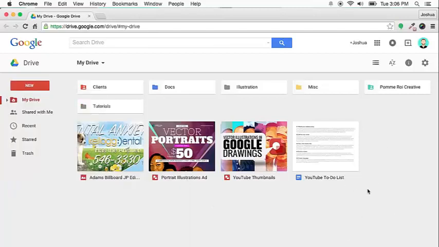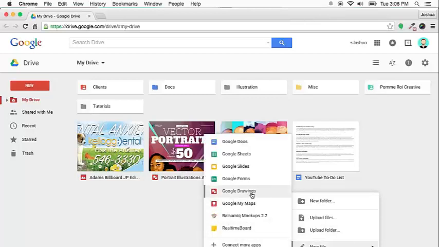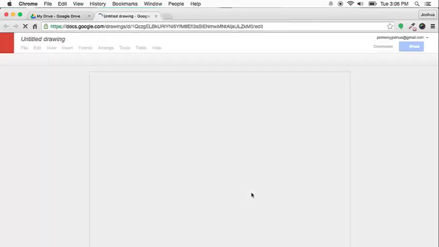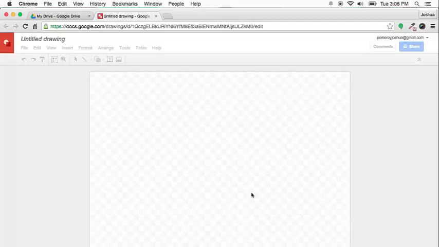I could also click it in this gray desktop area over here, right click, new file, Google Drawing. This will open a new tab, and in this new tab we have the entire application. This runs in any web browser, but I highly recommend Google Chrome because there are some benefits in using Google Chrome with Google's apps, as well as it's just a great, lightweight, fast web browser that I would recommend, even just